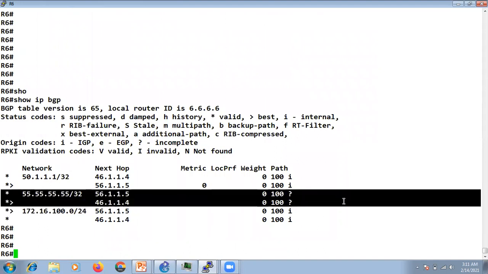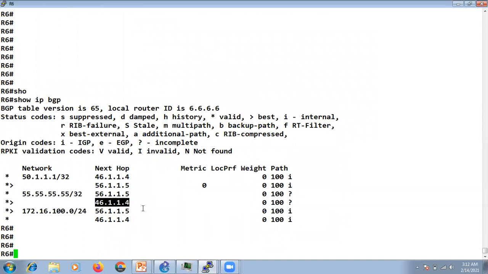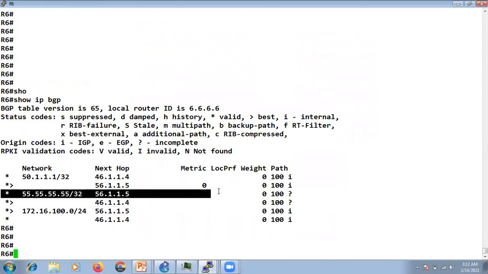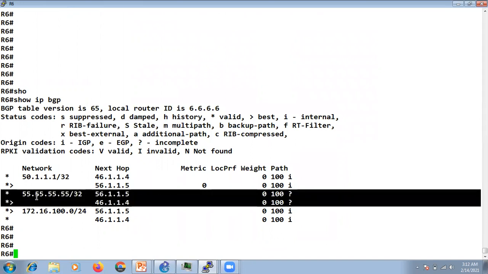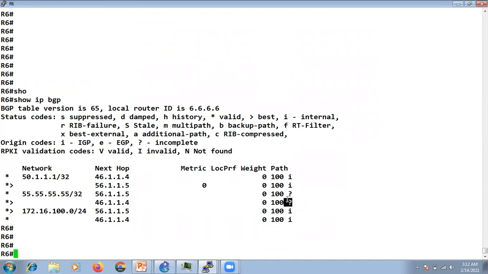This 55 subnet is best via R4, right? So from R4 and R5, the origin code is coming as a question mark, or you can say it is also called incomplete.